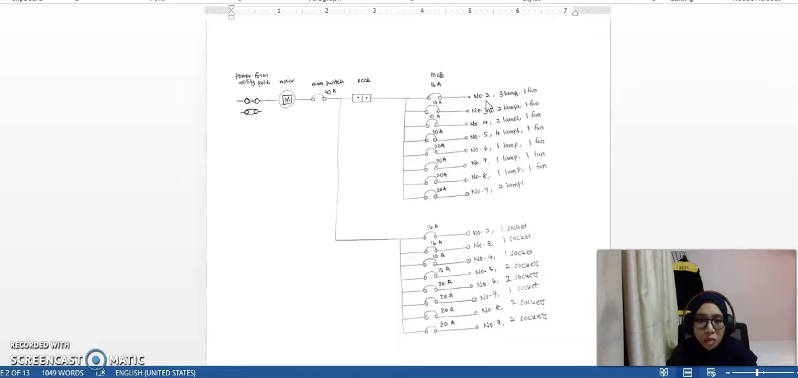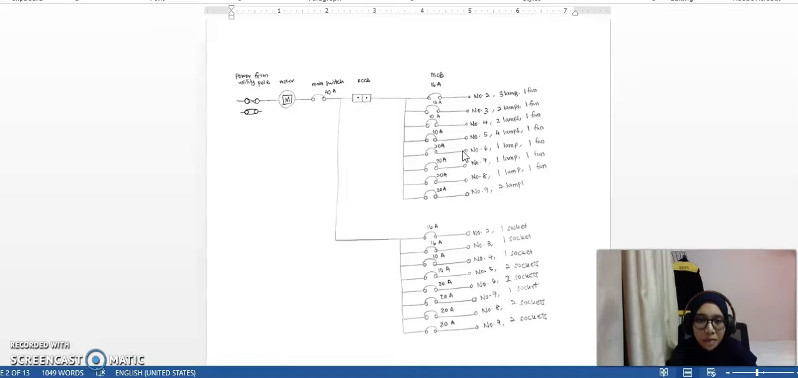number 2 with 4 loads of 3 lamp 1 fan, 16 amp to number 3 with 3 loads of 2 lamp 1 fan. Then MCB for 10 ampere to number 4 of 2 lamp 1 fan, 10 ampere of number 5 for 4